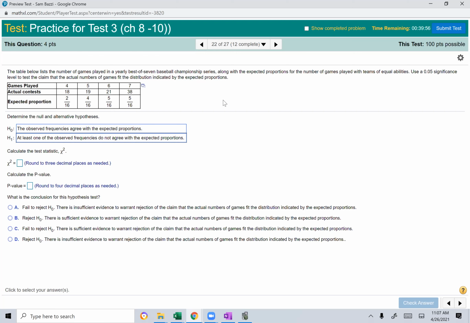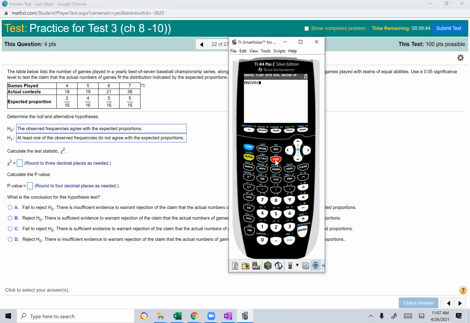It's a goodness of fit test, guys. You could do StatCrunch, but if you do StatCrunch, you still have to provide the expected values. So I'm just gonna do the calculator here. We're gonna go to Stat, Edit, L1, guys. I'm gonna clear it. I'm gonna clear L2. And let's put the observed values, 18,